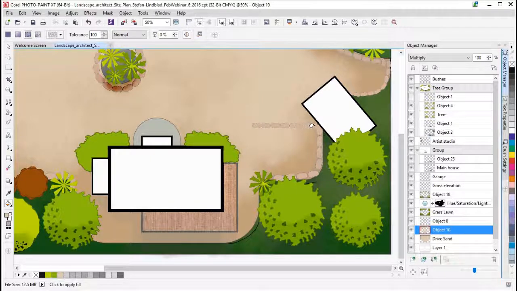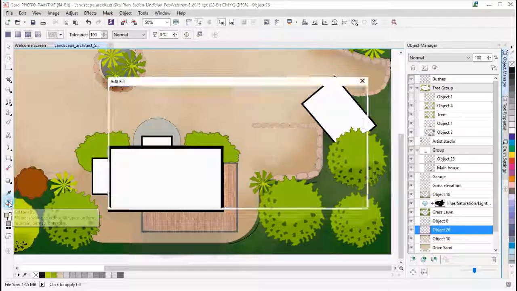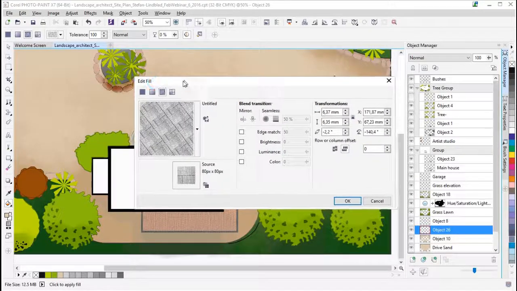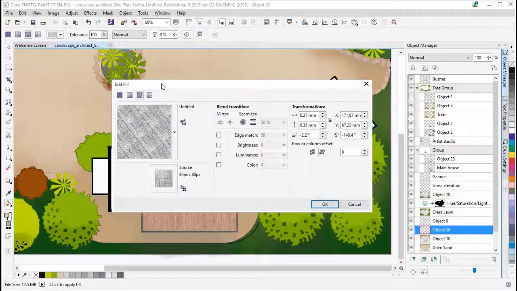Now I'm going to fill this little area. I'm going to use a totally different technique for this one. I'm going to create a new object to begin with. So it wound up here. And now we're going to use the new Edit Fill dialog. With X6 and X7, Corel gave us a totally new fill engine to work with, and it's absolutely